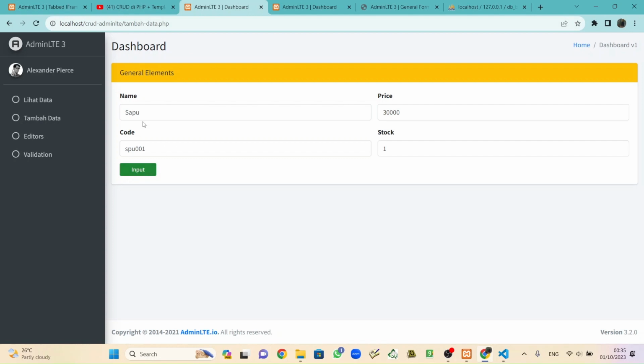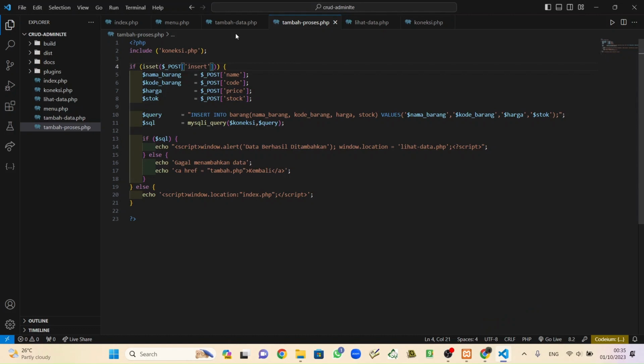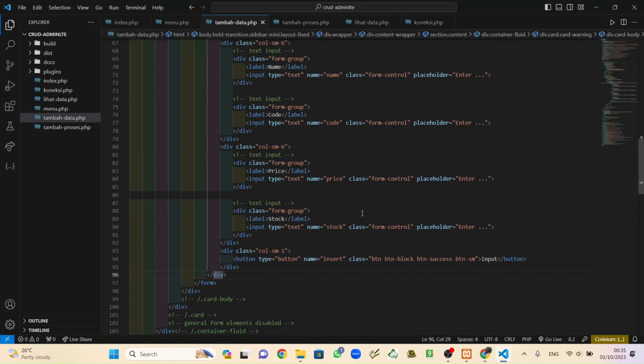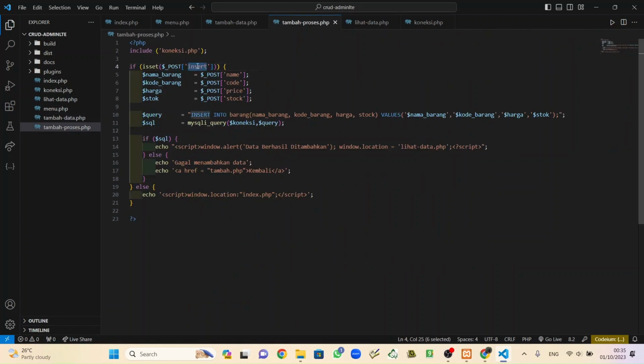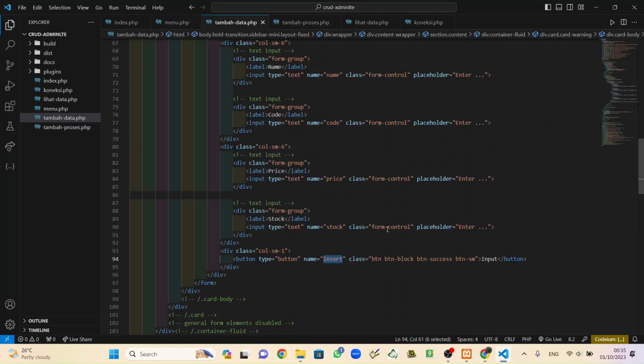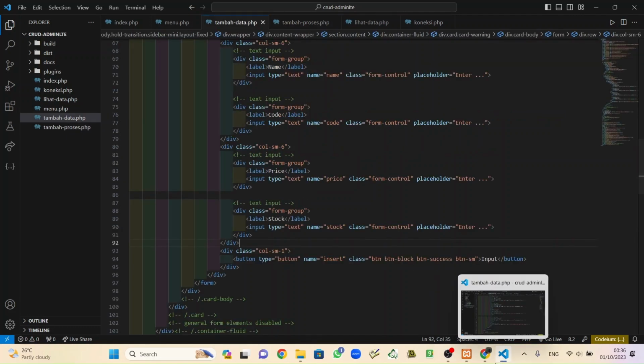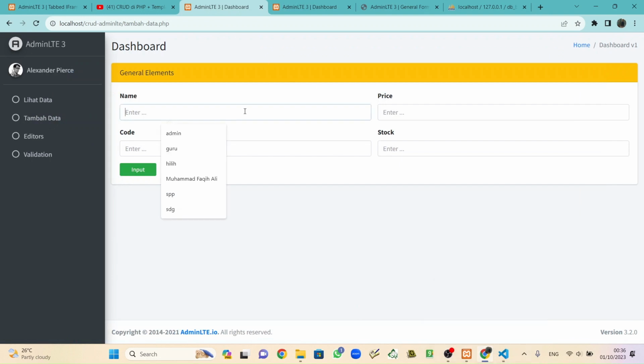Why is that not happening? I don't know. Maybe there is a typo. Maybe insert, Control C, Control V. Oh, there's a difference. Insert.